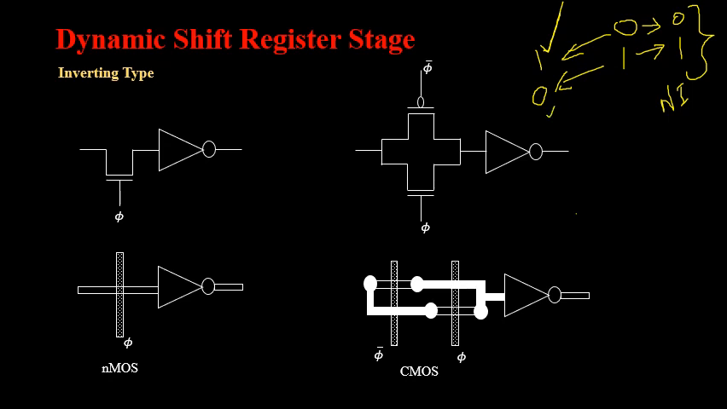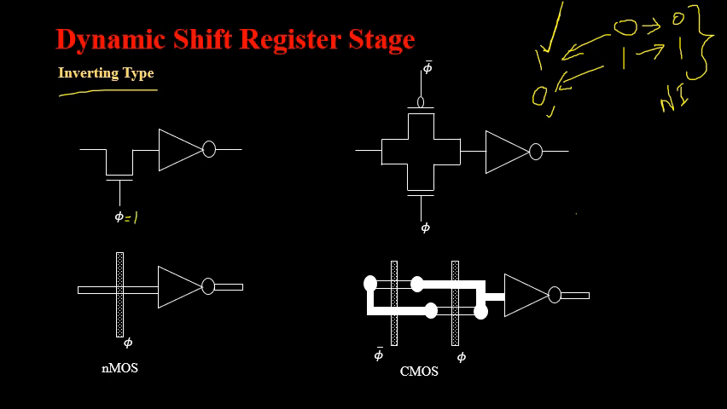In such a condition, I want the output in the exact reverse manner, that is, an inverted version of the input should be your output. In such a condition, I will be making use of an inverting type of storage element, that is, a dynamic shift register element. So now let us see how this inverting type as well as non-inverting type of dynamic shift register is going to work. In the first diagram that you are seeing over here,